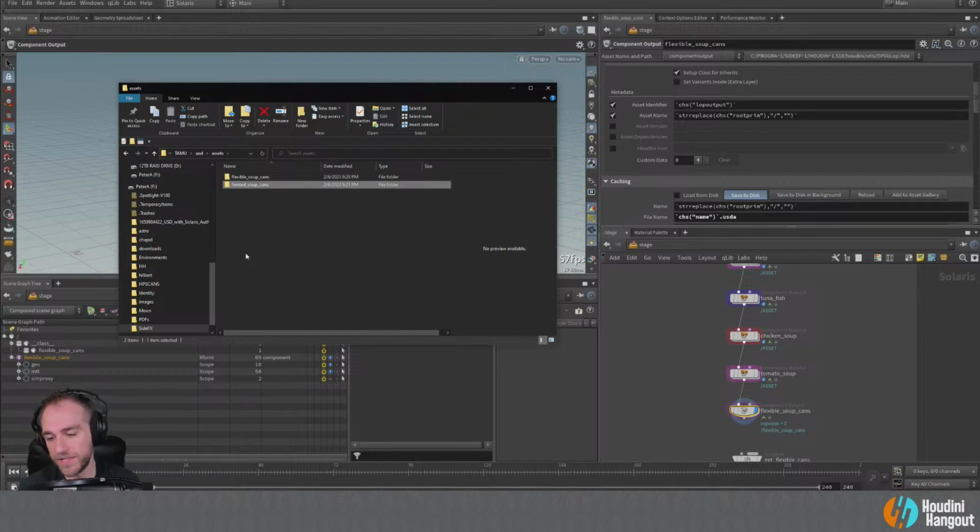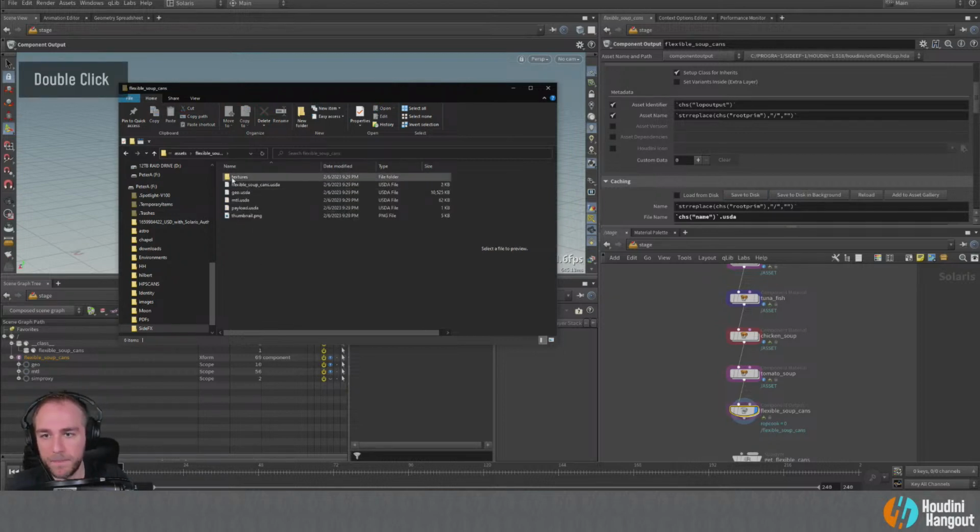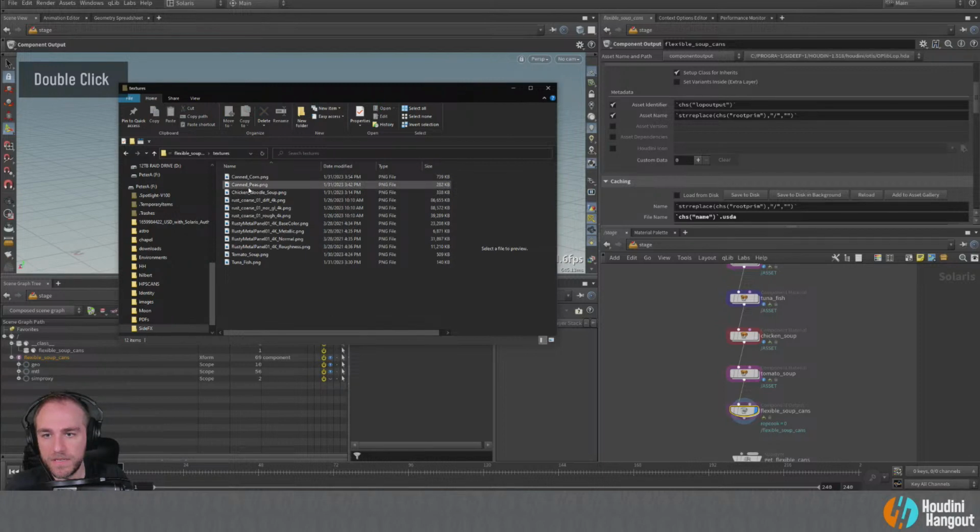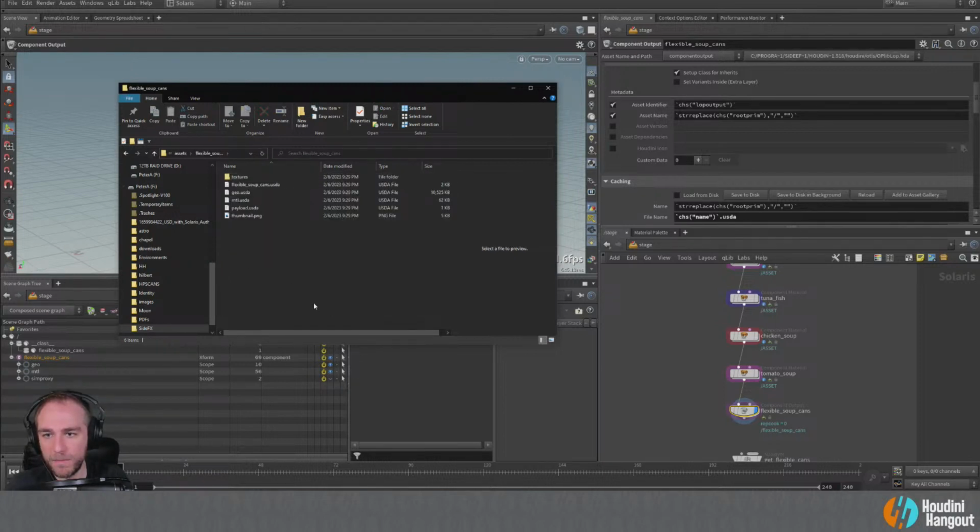It's just going through and calculating, making little thumbnails for the individual variants and things like that. So it's doing that right there. Textures, yep. And then there's all of our textures that are coming in as well. So all right, yep, there's our thumbnail for it. If we were using that in a layout tool, which we're probably not going to talk about tonight, it's just something to keep in mind.